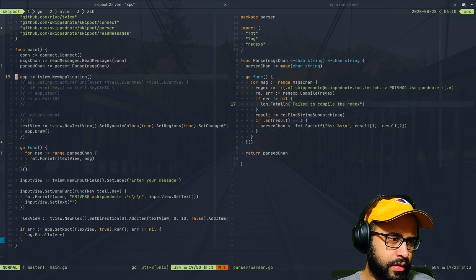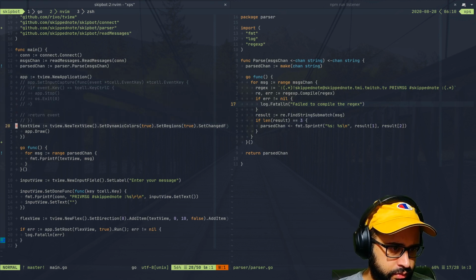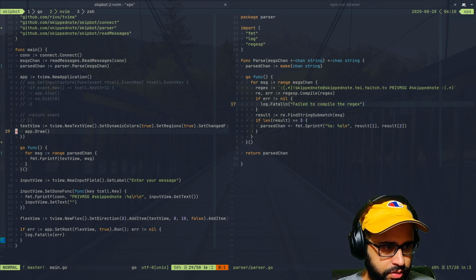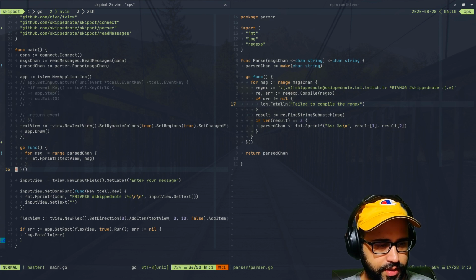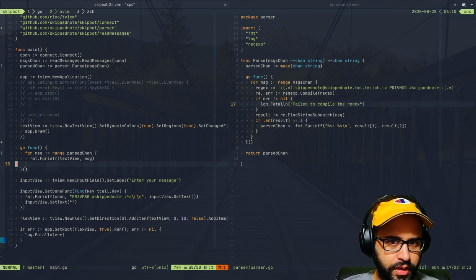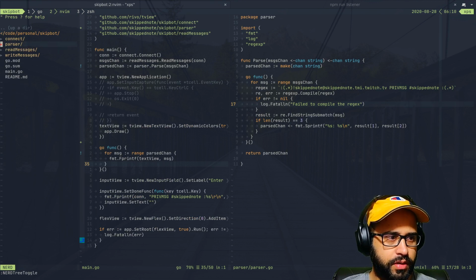So we create an application, we add some things to it. I think even if this is a function that takes in the channel, the parsed messages channel, that should be fine, right? So let's make another package called